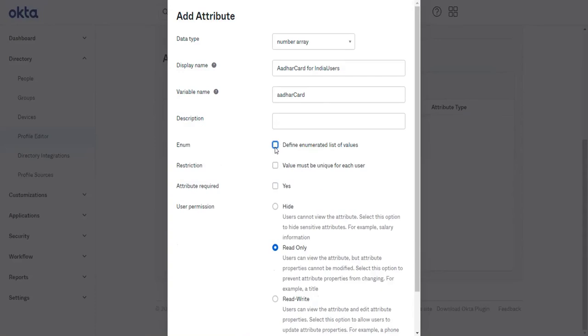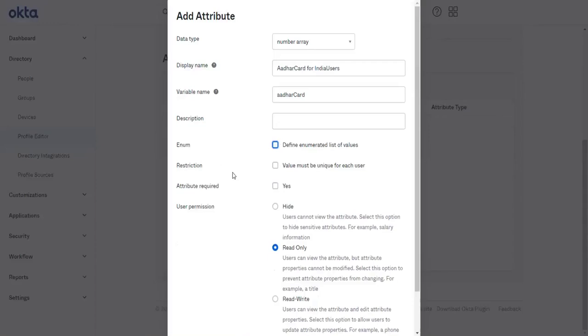And restriction: you can mention that the Aadhaar card number should be unique to everyone. We know that two or more people will not share the same Aadhaar card number.